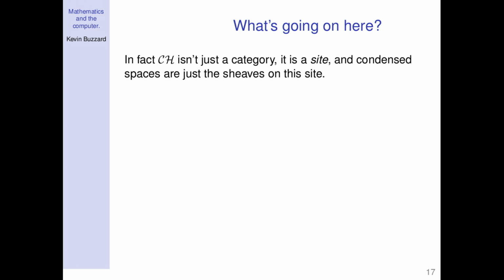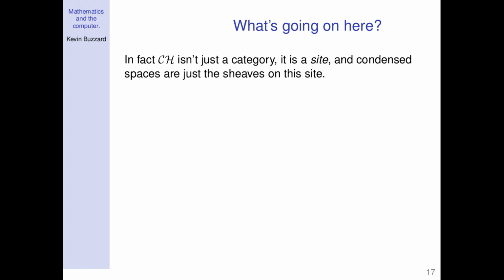But you can't talk about sheaves on a category unless you give the category some extra structure, and the extra structure is a Grothendieck topology. A category with a Grothendieck topology is called a site. These compact Hausdorff spaces are a site because your topology is a bunch of maps, an open cover, if the union is surjective. That is, a map from finitely many compact Hausdorff spaces to a compact Hausdorff space, such that the union of the images is surjective. That's an open cover. And that gives you a site.